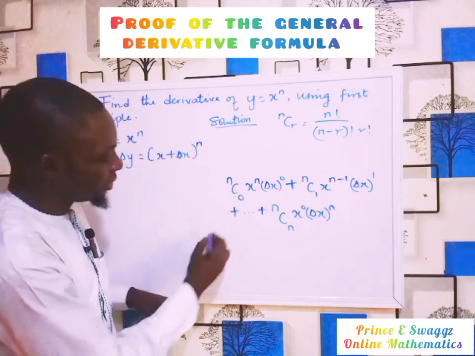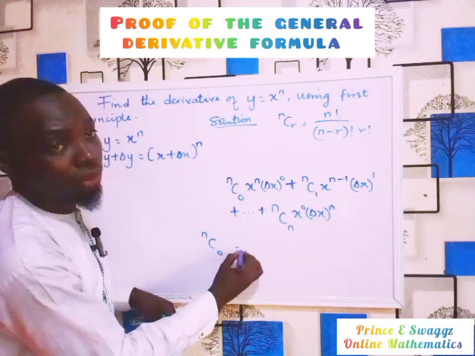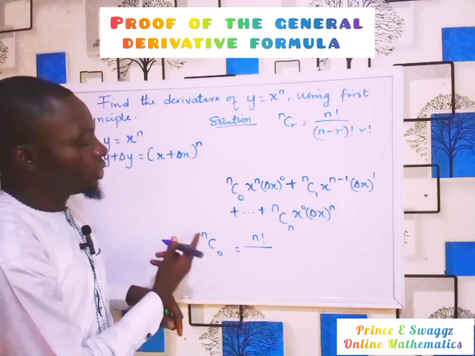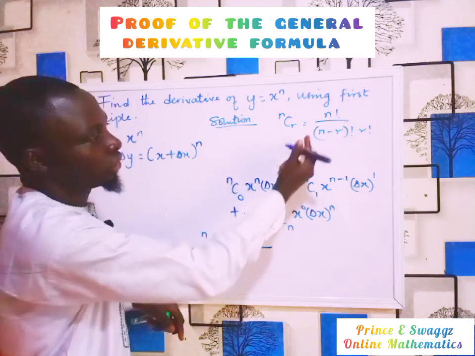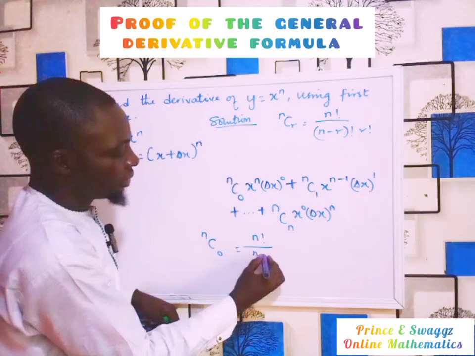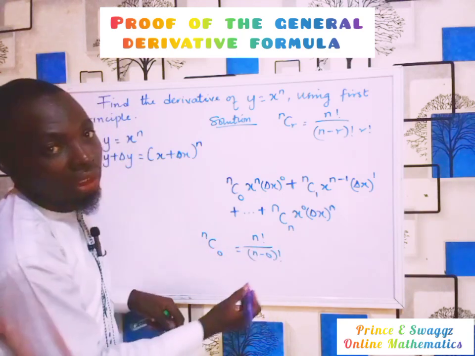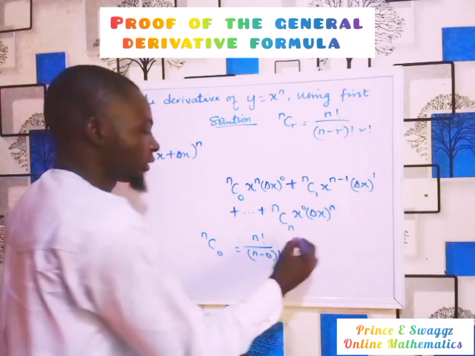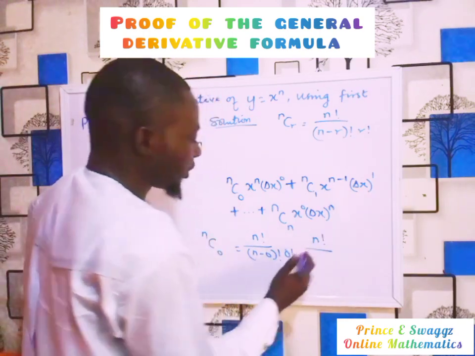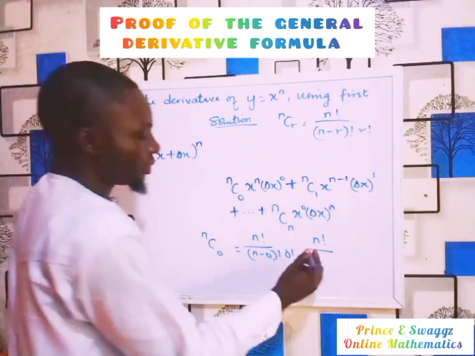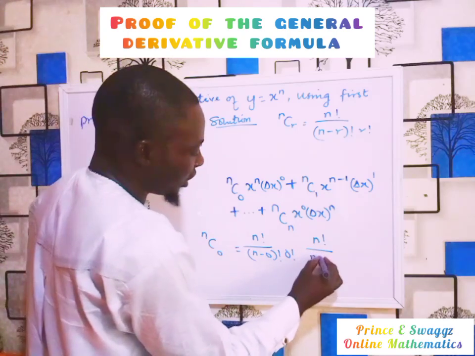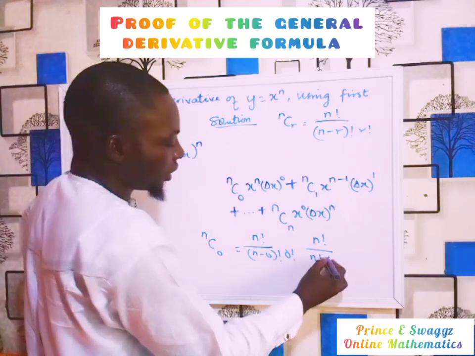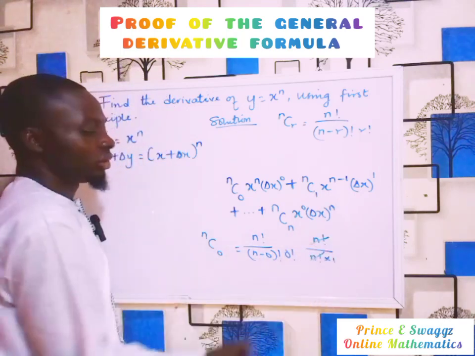It simply means n combination 0 will become n factorial over n minus 0 all factorial, then 0 factorial. N factorial over n minus 0 factorial gives us n factorial. Then 0 factorial is 1. And this cancels this. So you are left with